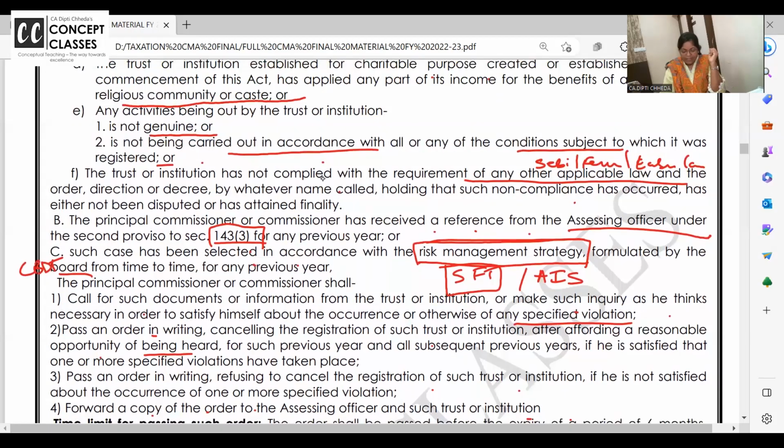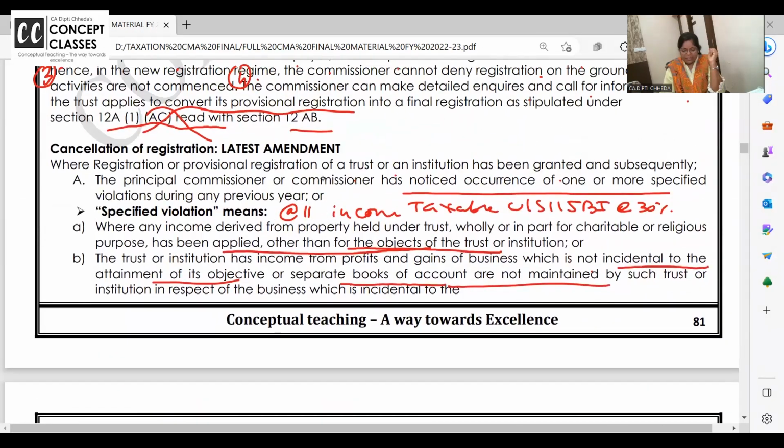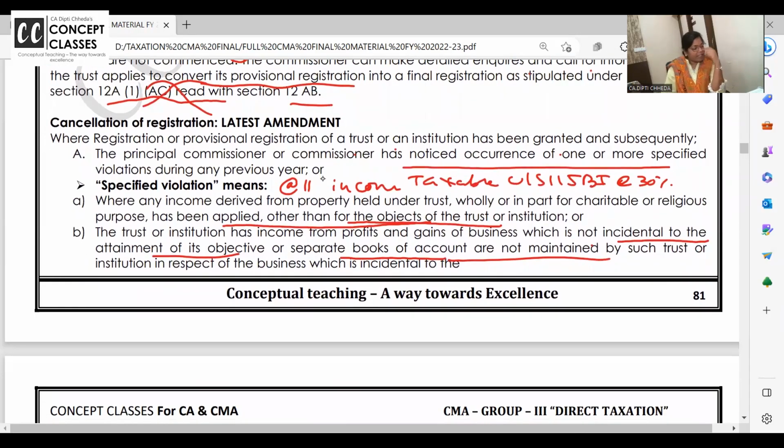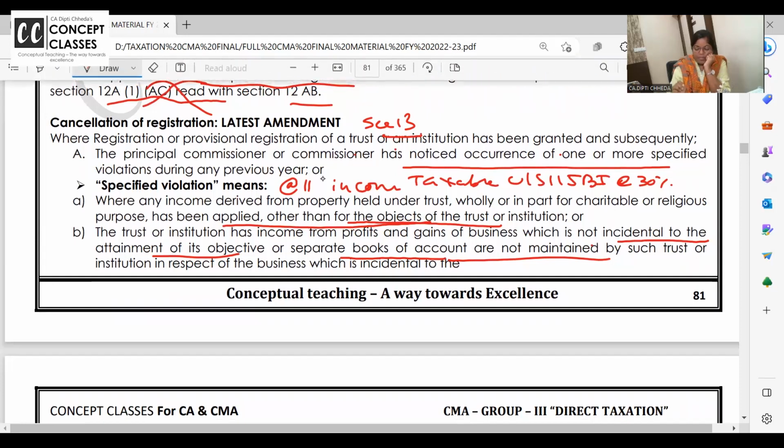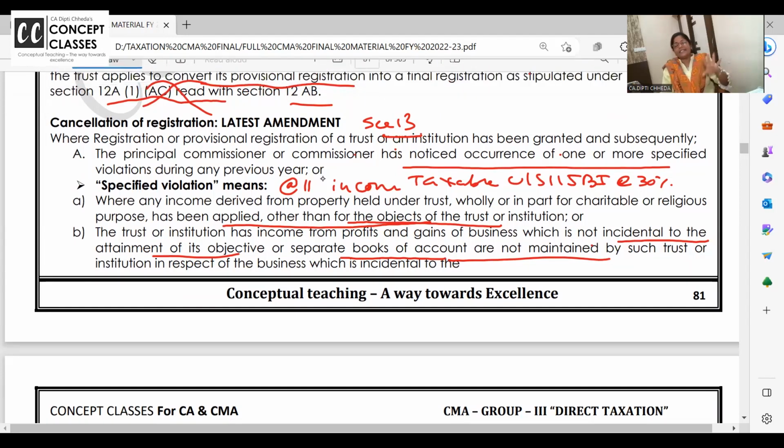I want to go to the next one, but before that, is this new section 13? Cancellation of registration is still section 13. और इसका ही consequence है section 13.10, which is like super duper important. I can frame and give you a question on my own at the end if time permits.